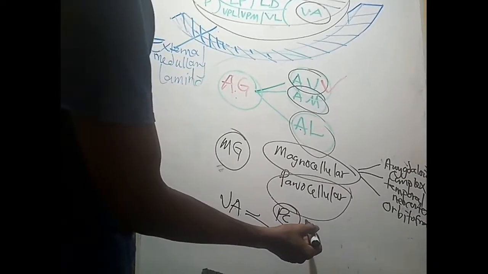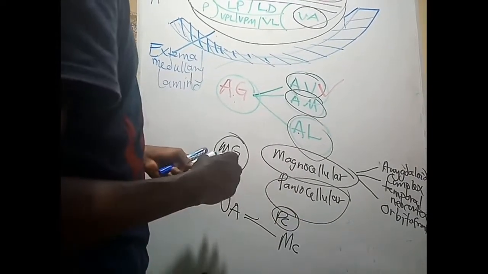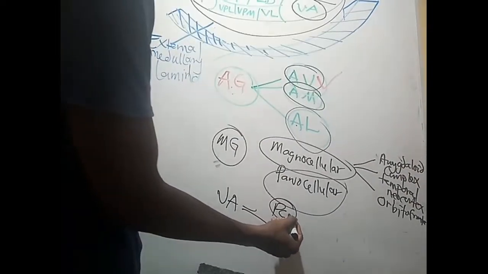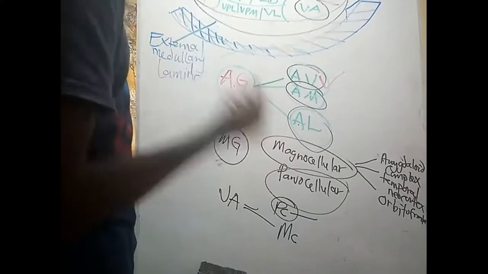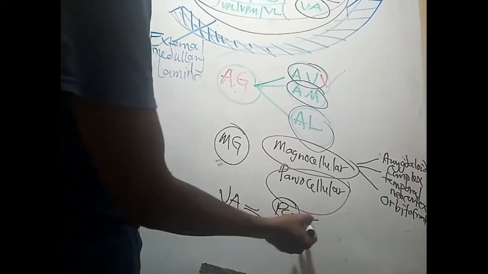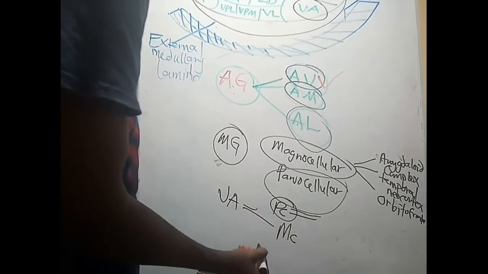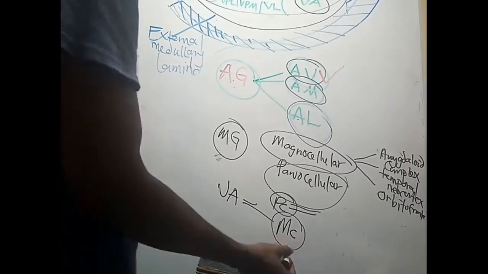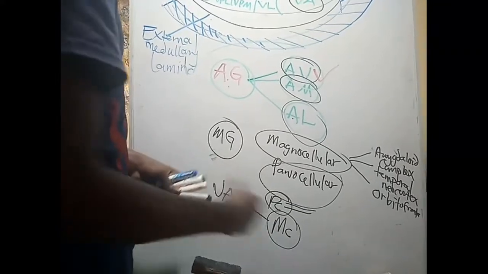Is that okay? The internal globus pallidus of the basal ganglia. The afferent fibers come from there, and also the corticothalamic tract also synapse here. Is that okay? And then for the magnocellular, the afferent fibers are from